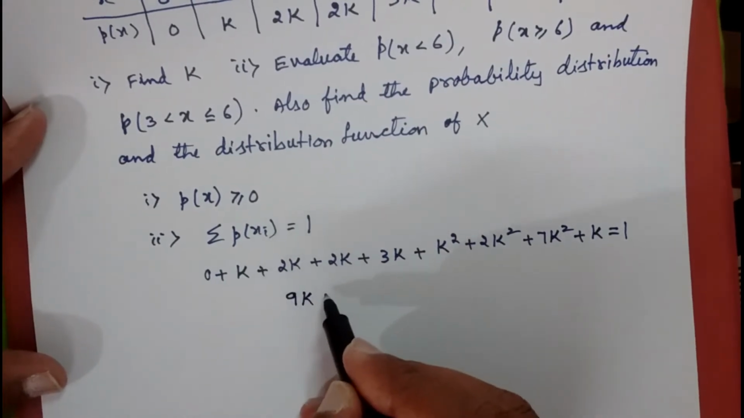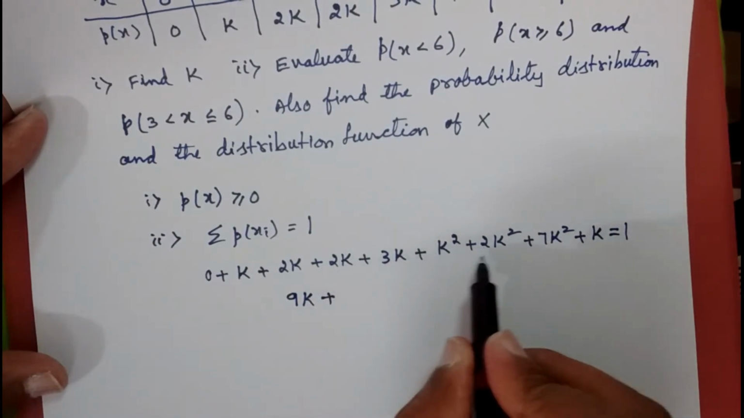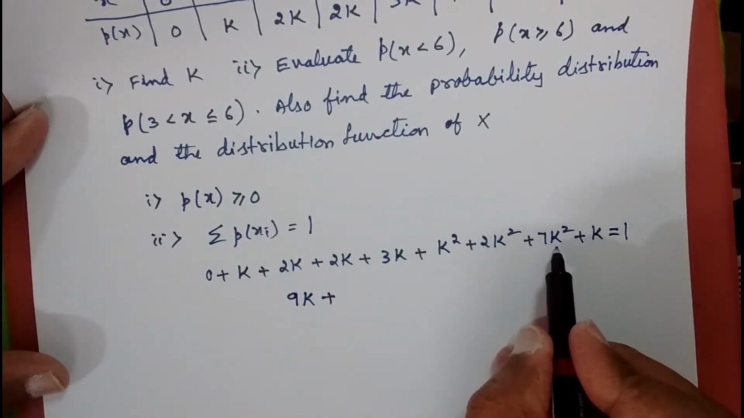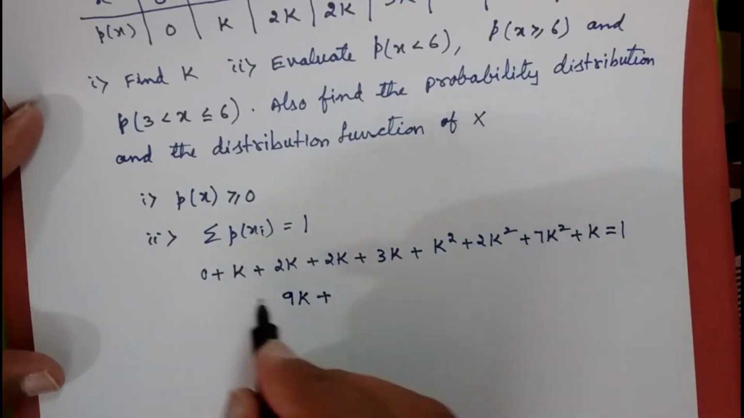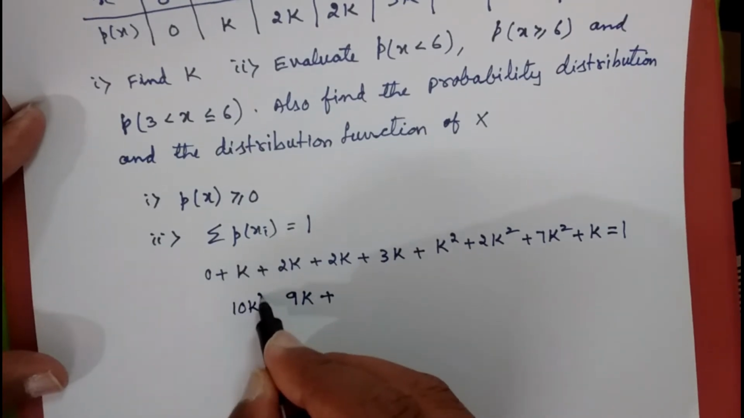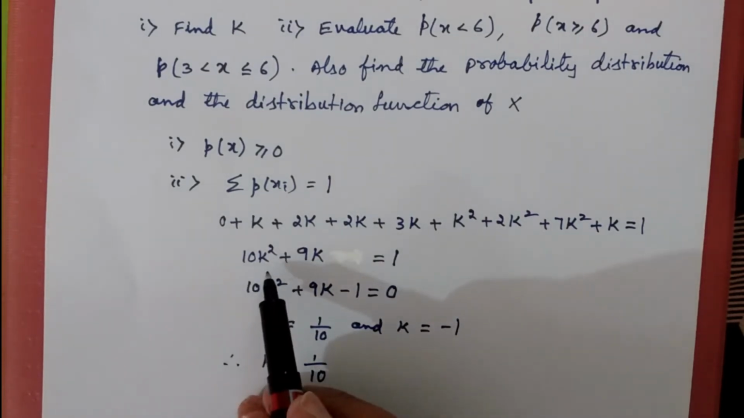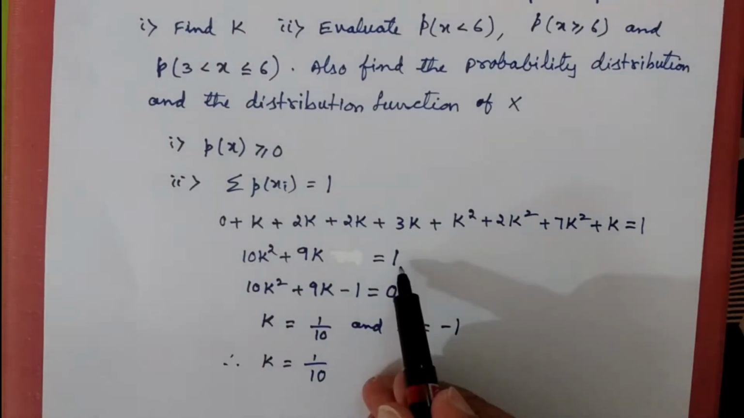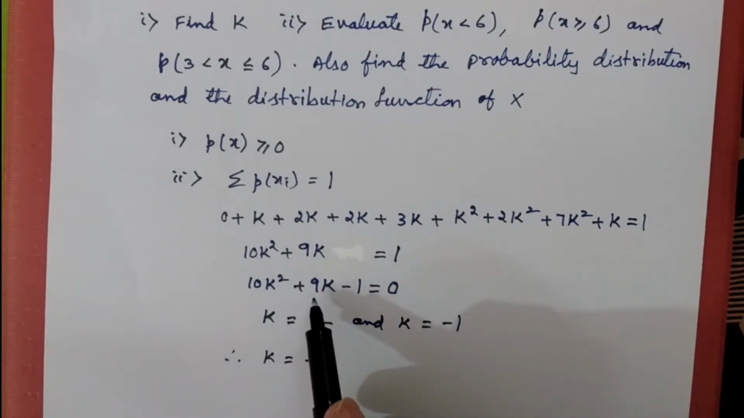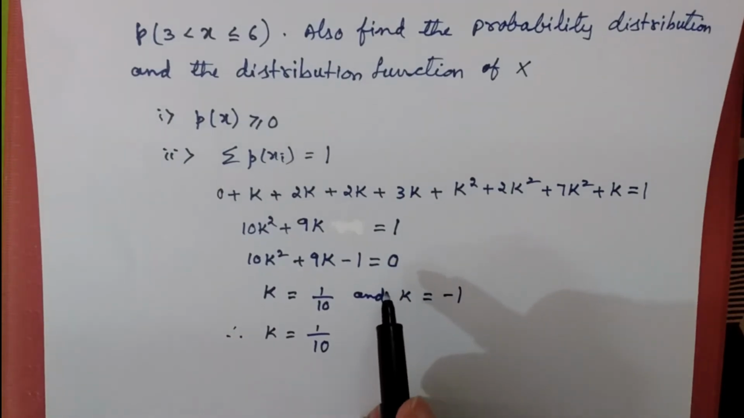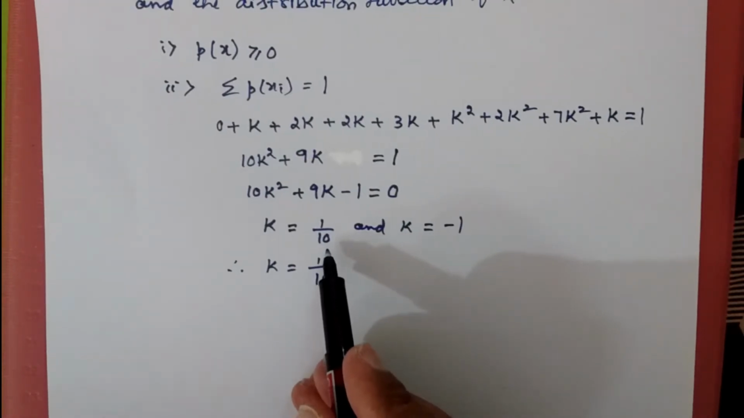So 9 times k, plus you have the k square values. This is k square, this is k square, and that is k square. So how many times? It is 10 times k square. So we have 10k square plus 9k is equal to 1. Or if I take 1 on the left hand side, I get 10k square plus 9k minus 1 is equal to 0. If I try to solve this one, the value of k will be equal to 1 by 10